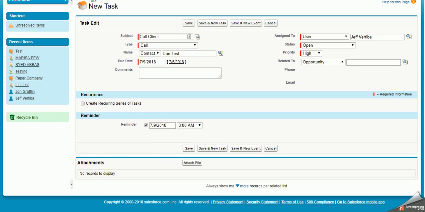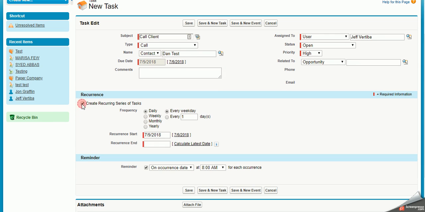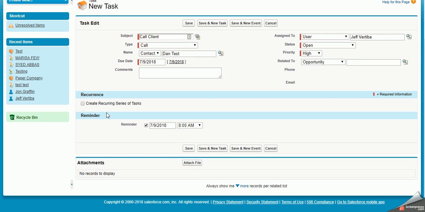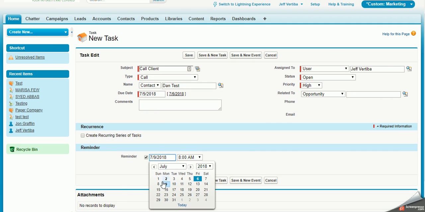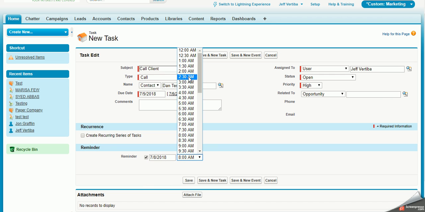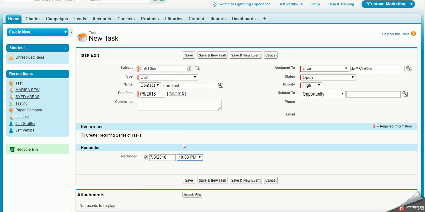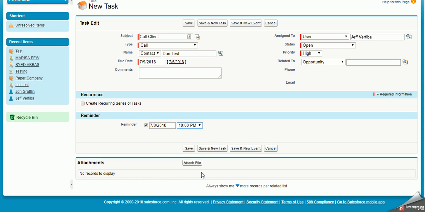If you want to create a recurring series, you can do so using this checkbox and set up daily, weekly, monthly, yearly. If you want to set a separate reminder other than the simple task showing up on your homepage, you can do so. Say, for instance, you want to get a reminder the night before to call this client, we can do so. You may also attach files as well at this stage, but we're going to go ahead and just